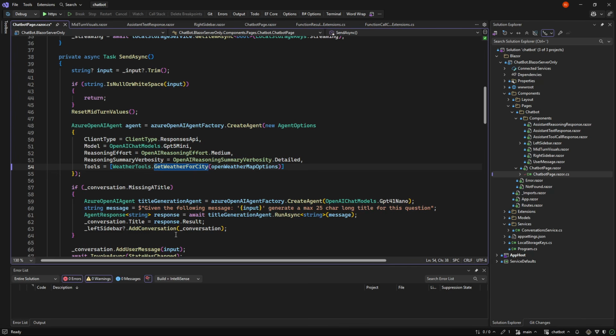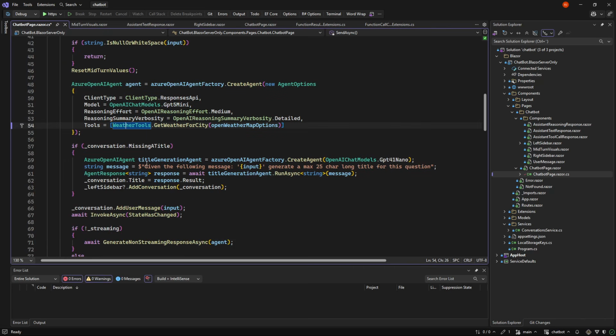Behind the scenes, it will call Open Weather Map. I have a separate video about these weather tools in general, if need be. But suffice to say, it's a tool that takes an input of a city and puts an output in JSON format on what the weather is like in that city. So that's our main agent.